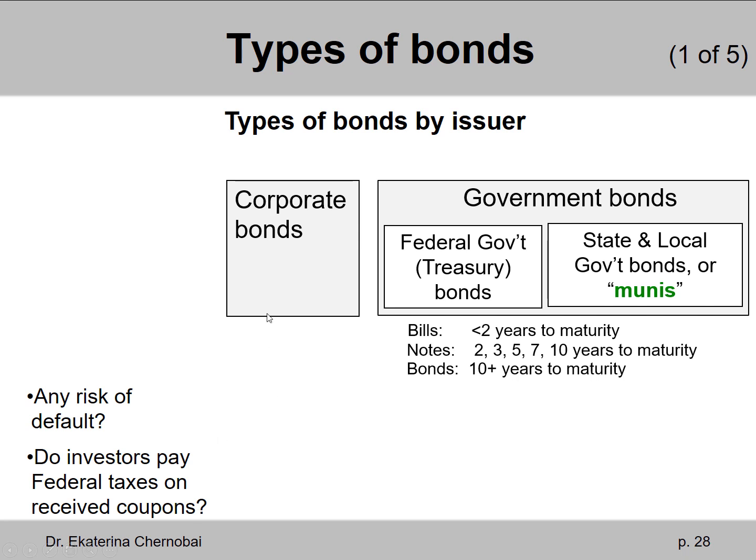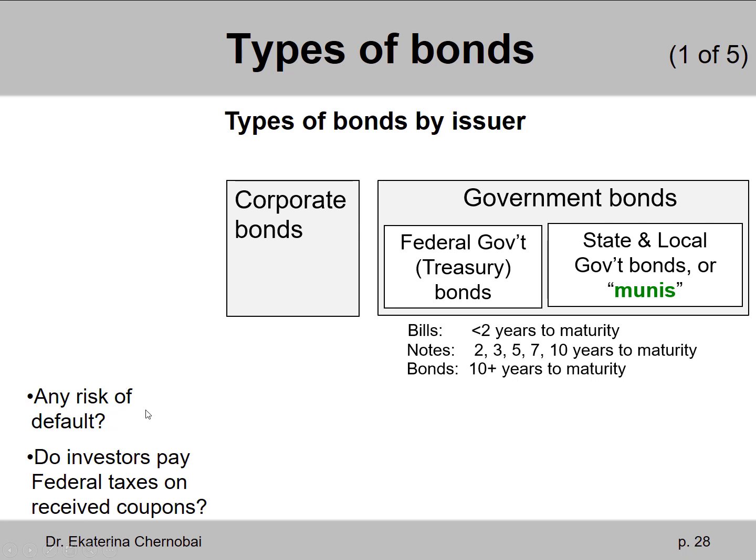How do corporate bonds and different types of government bonds differ in terms of risk of default? So what does risk of default mean? Defaulting means you're not able to make your payment. So who are we talking about? The issuer, a corporation or a government. So in which case do you as an investor who bought a bond face